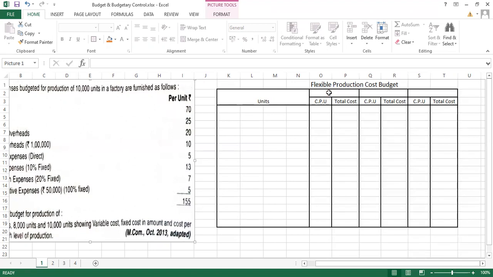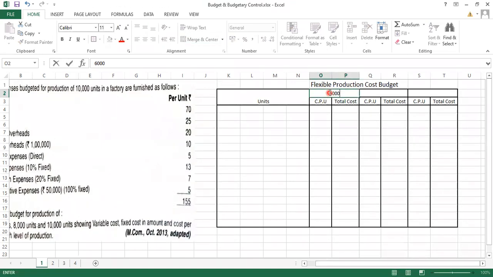Now in this we got 6000 units. Just take a chronological order and 10,000. But the information which is given to us is of a 10,000. तो सबसे पहले हम ये वाला column fill करेंगे and then we will fill these 2 columns. Okay. So since they have told us to make a cost per unit and the amount column, so cost per unit and amount for all the 3 will be prepared.